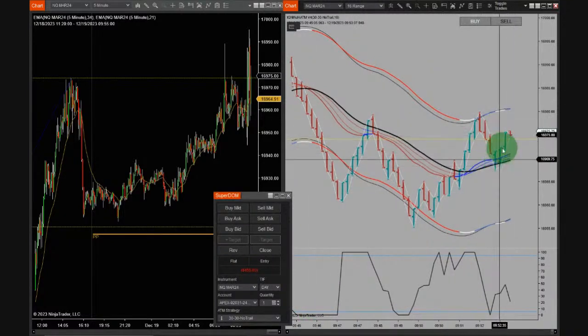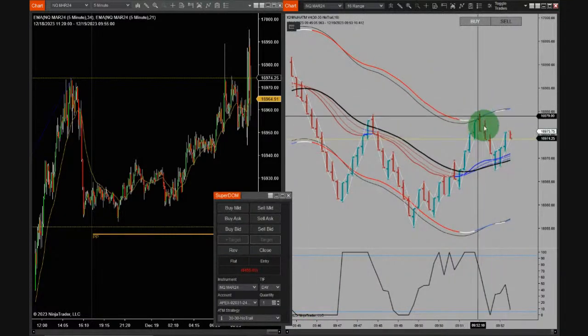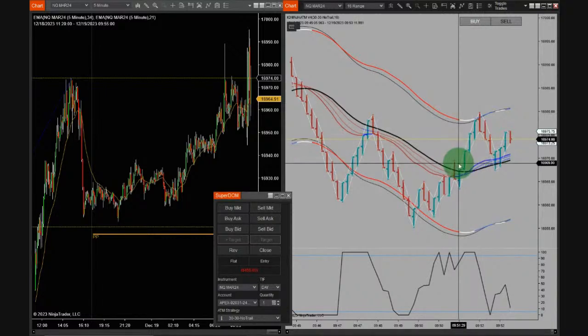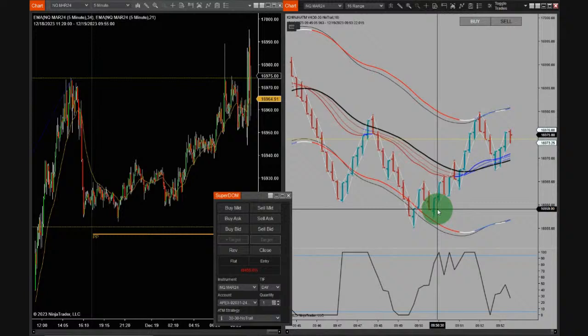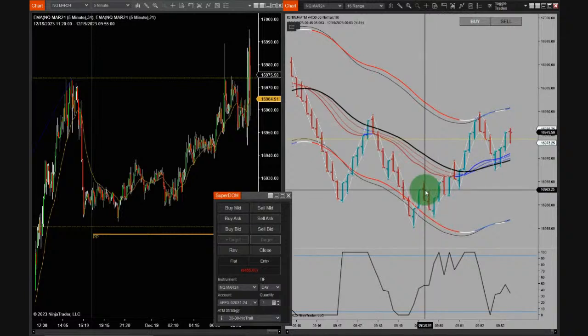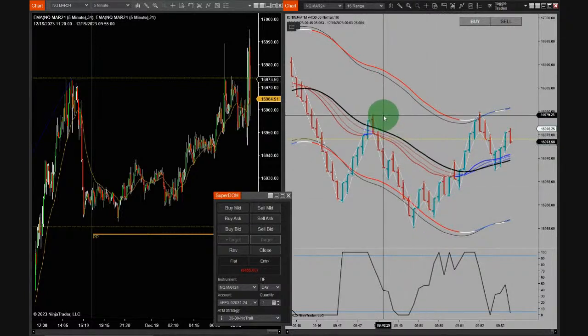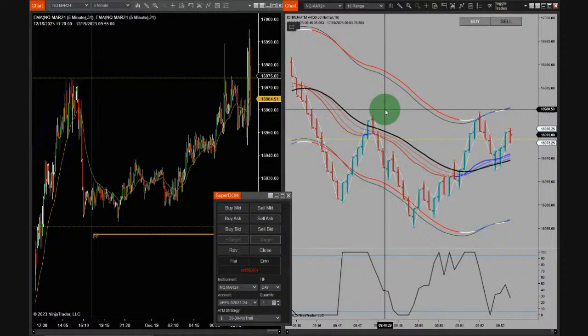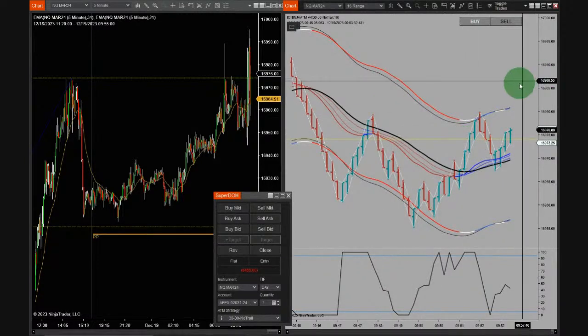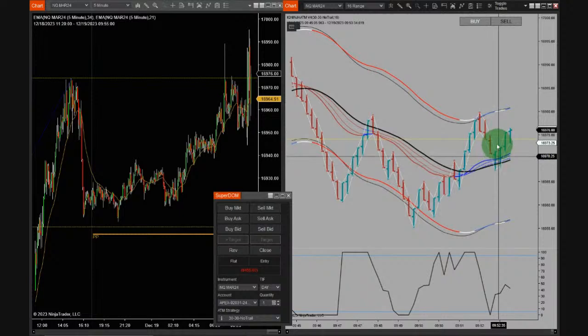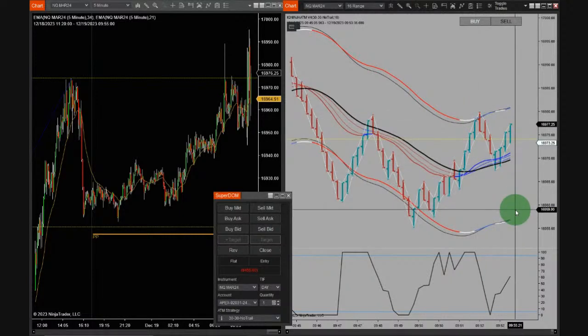This looks like a long setup, but the trend had not established itself yet, so I'm waiting patiently. This is more or less a double top right here, so it might continue higher, but it also might just put in a double top and head lower. So